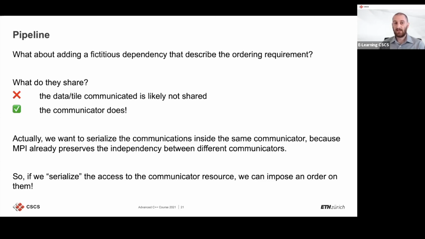And how did we implement that? Since the data can be different from communication to communication, because communication is by definition done for communicating data, the only handle we have for adding these dependencies is the communicator. And actually, it is what MPI